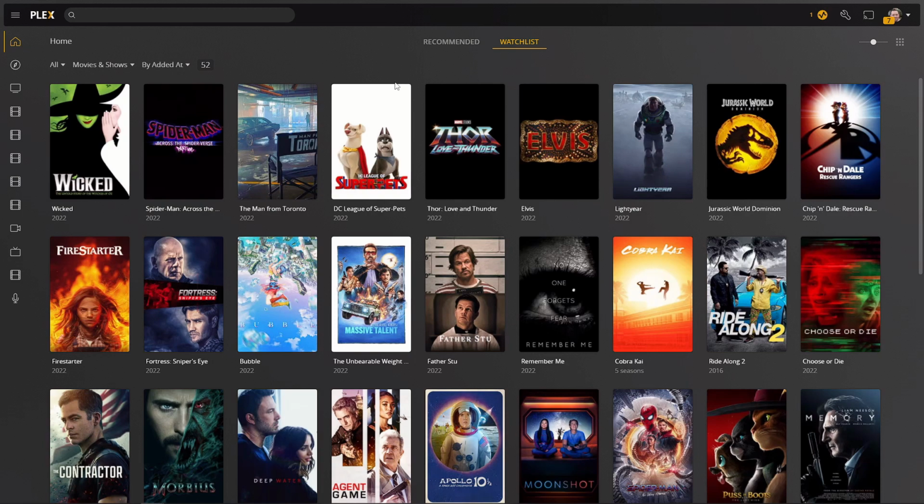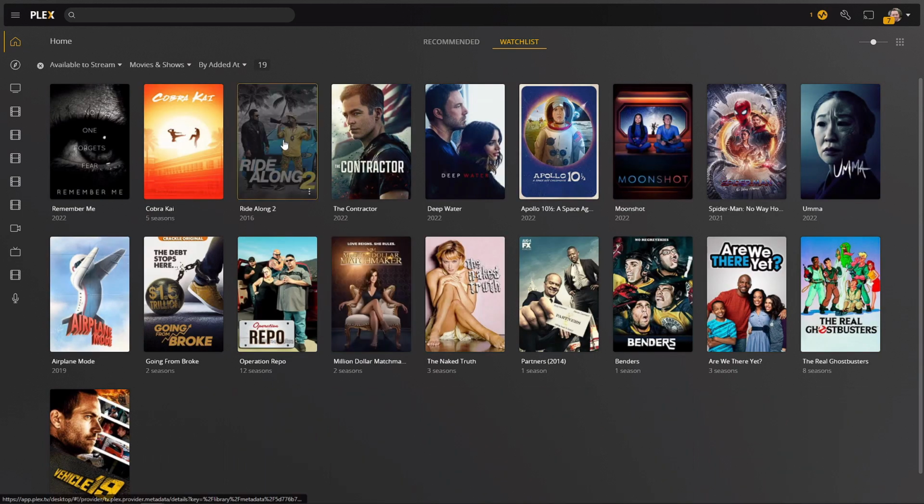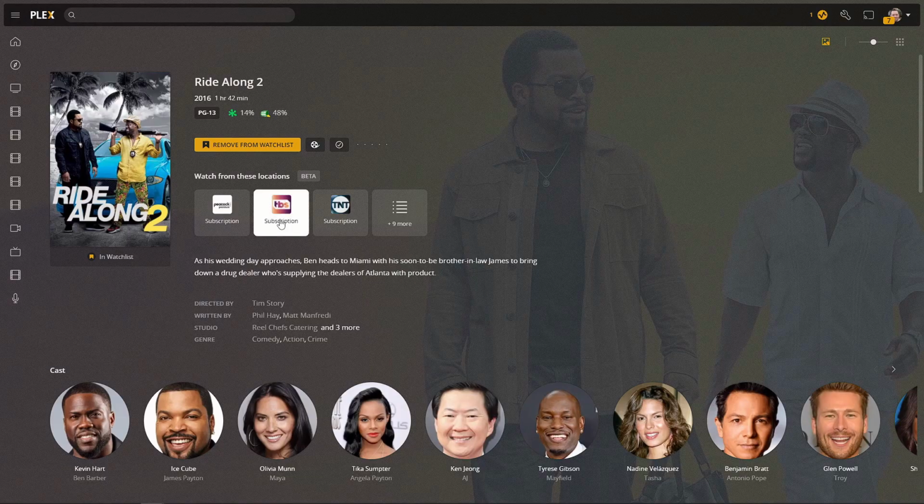If you can get Plex on most of your devices, which it's pretty much on most devices, and you want to just find something, because when you click on it to play it, basically what it's going to do is bring you into that service. So as an example, if we said we wanted to watch Ride Along 2, we can go in, we can click on Peacock,